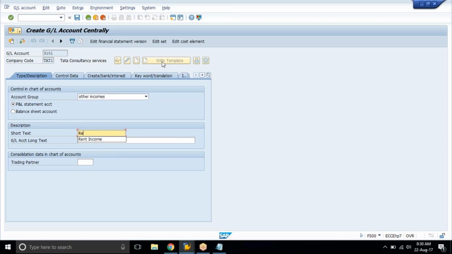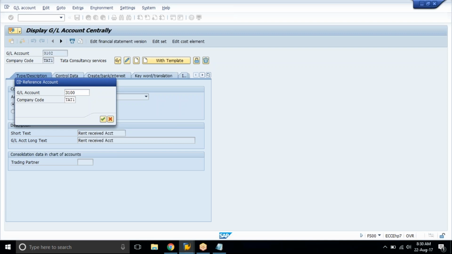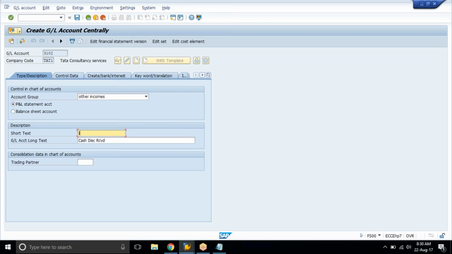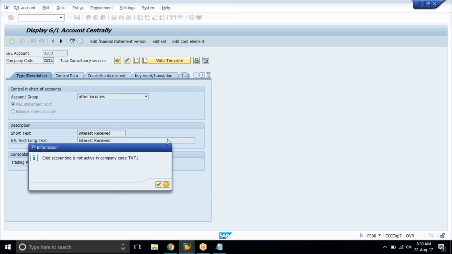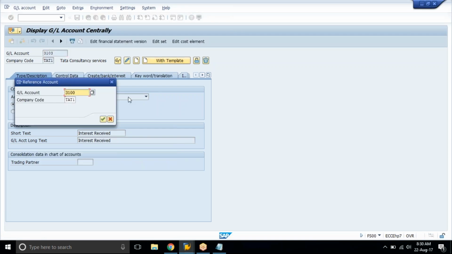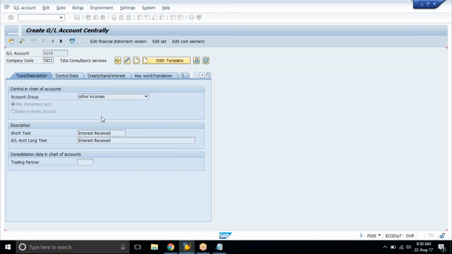So cash discount receipt is done. Say rent received account, and save it. Second one, 3102, interest received, you can take. Then change the number to 3103. Again, click on create with template. Copy it from 3100 and change the name to